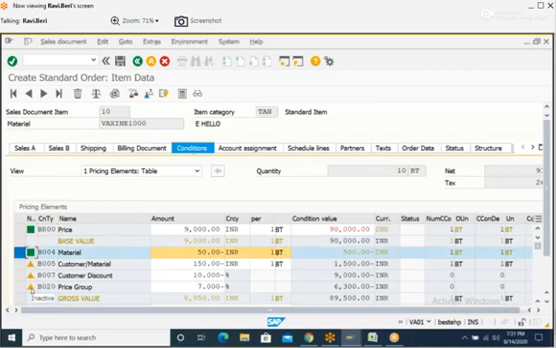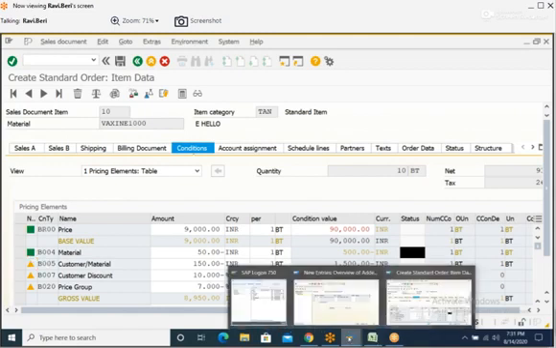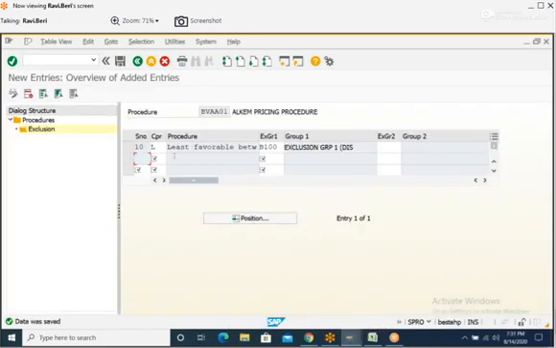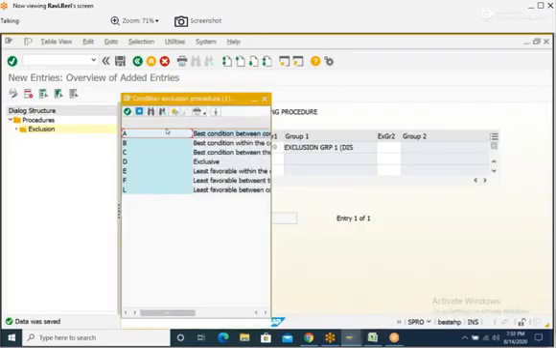See here, this is the inactive symbol, and this is the active symbol. Like that. Now we'll try to see the other options which we have here.